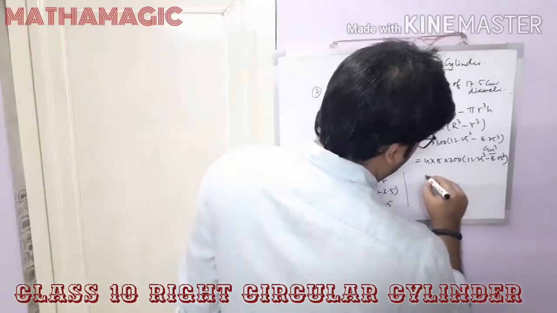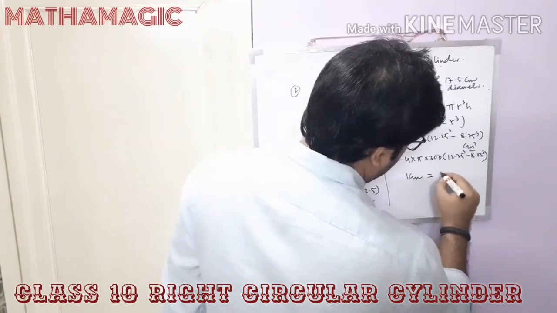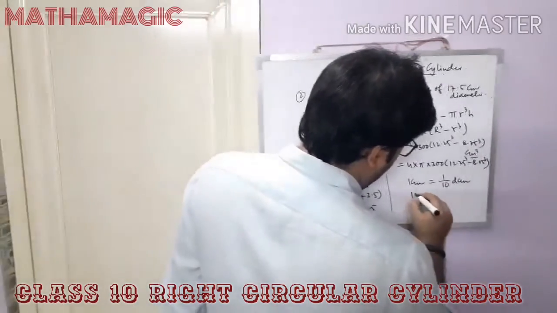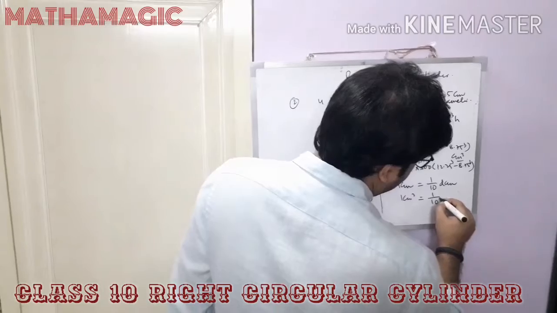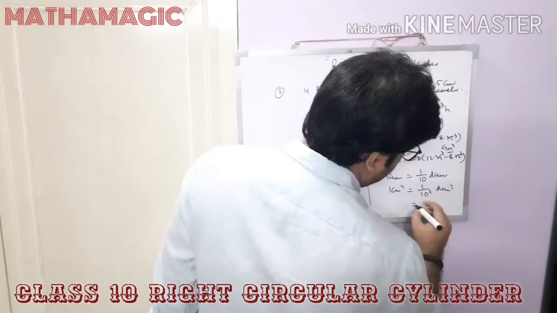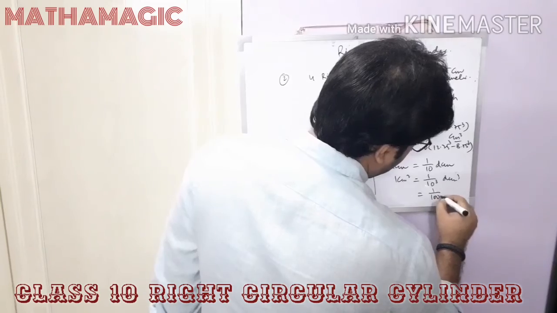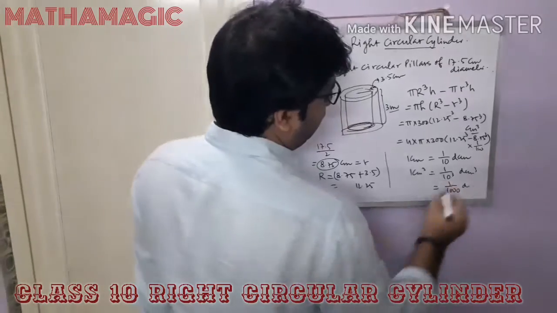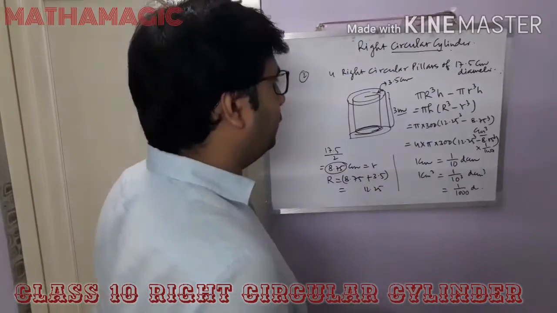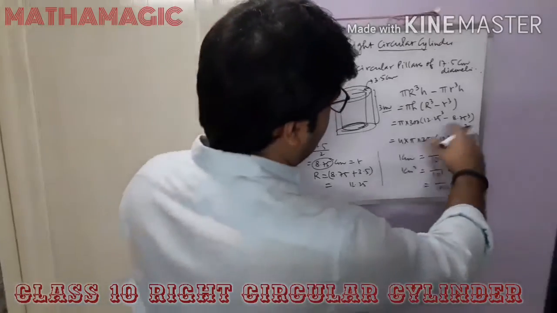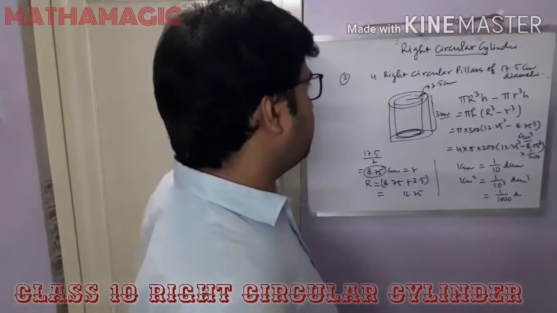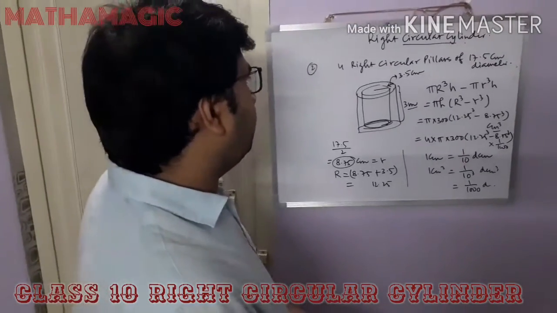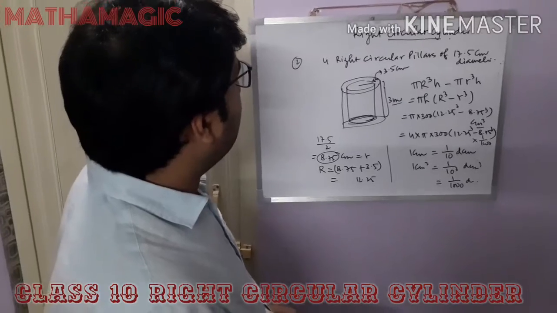We have to convert that 1 centimeter is 1 by 10 decimeter. So 1 centimeter cube is equal to 1 by 10 cube decimeter cube. So it will be 1 by 1000 decimeter cube. So we have to multiply it by 1 by 1000 in order to get the value in decimeter cube. So this is how you can do the calculations. I am not going through the calculation part. So this is how we can calculate the volume of the required pillars.